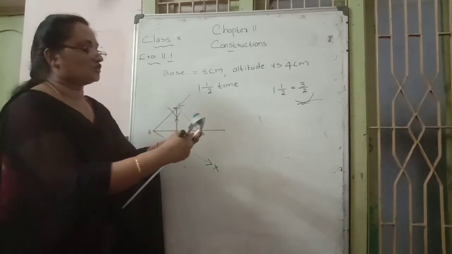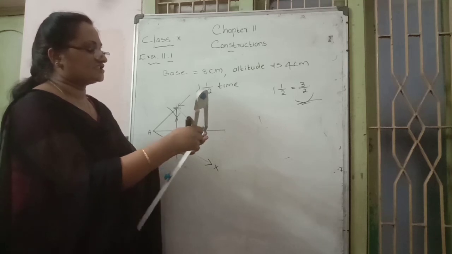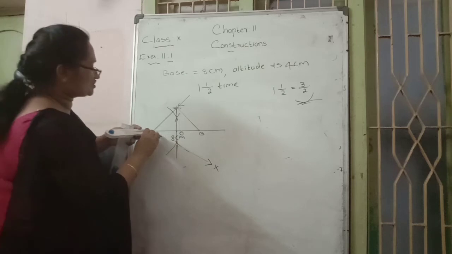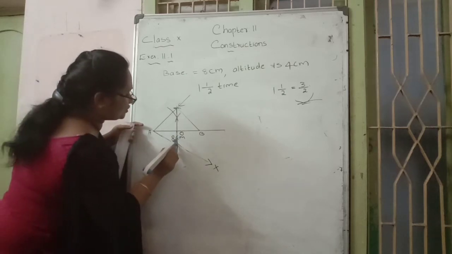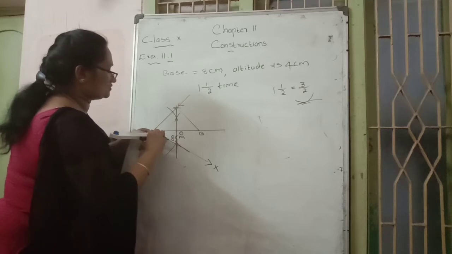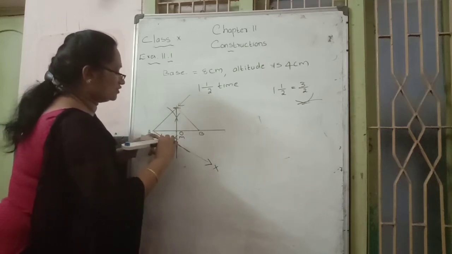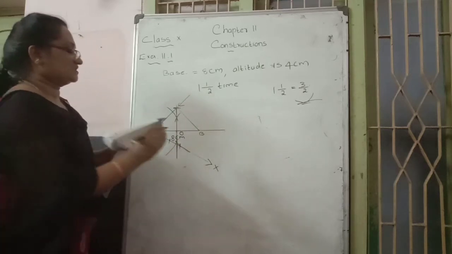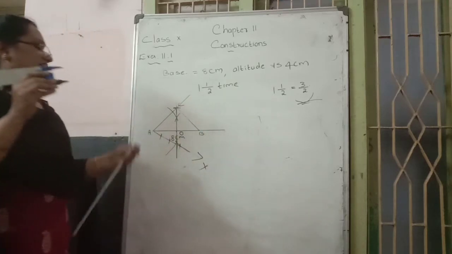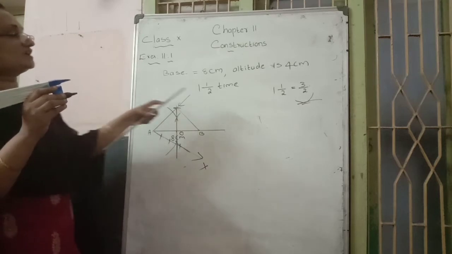1.5 centimeters. 0 to 1.5 centimeters. Take 3 points. Mark in which way? From B to A, and from A, 3 points. Mark the first point, second point, third point. In this way, this much length is not needed, but 3 points only. Then the next process, what are we doing here?